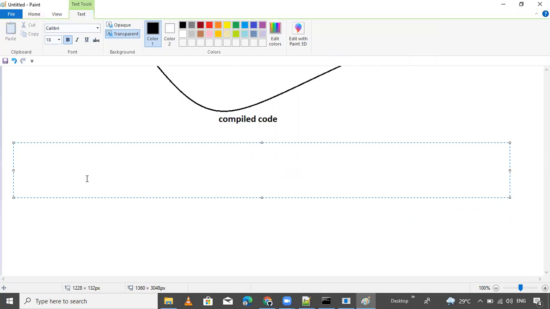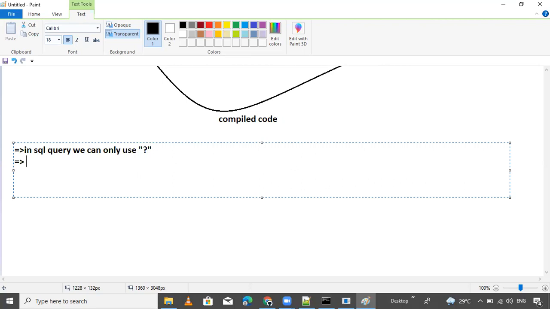In a SQL query, we can use only what? In a SQL query, we can only use this symbol, the question mark symbol.